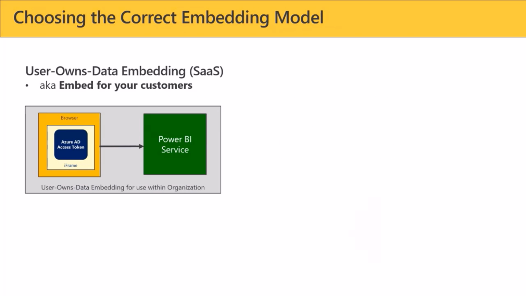Now, once again, let's differentiate between these two very important development models. There's user owns data embedding, what we would call the software as a service or SaaS approach, also known as embed